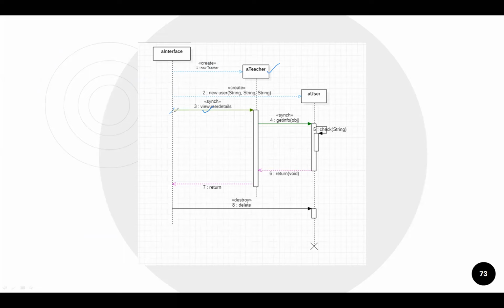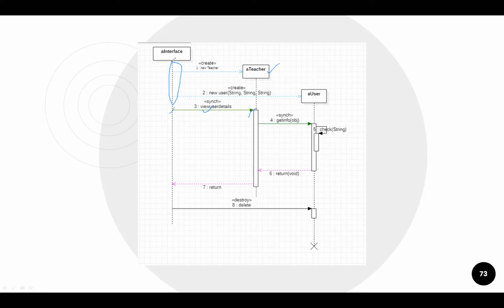We expand this particular line, this message, and when we expand this particular message, it will fall here. Now see this, these dotted lines, what are they representing? This dotted line is representing the life of a particular class or a particular object.